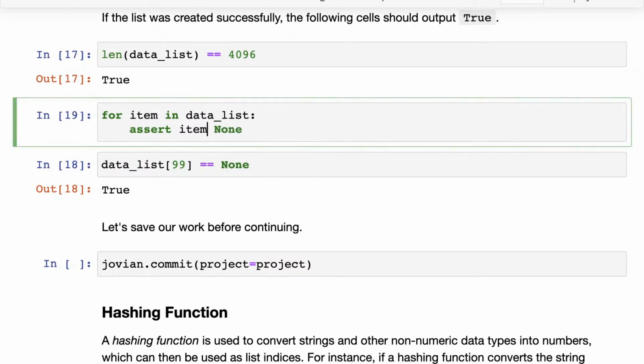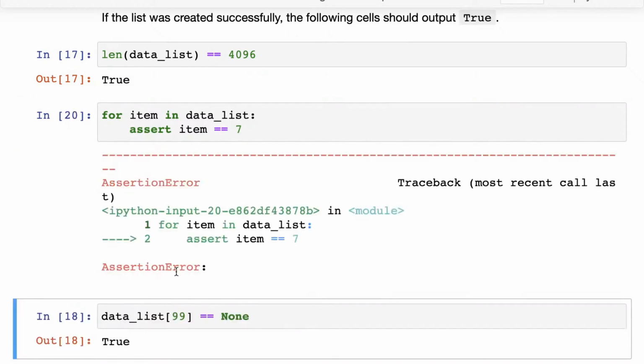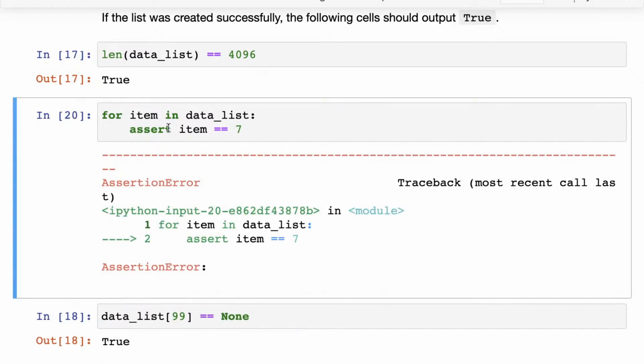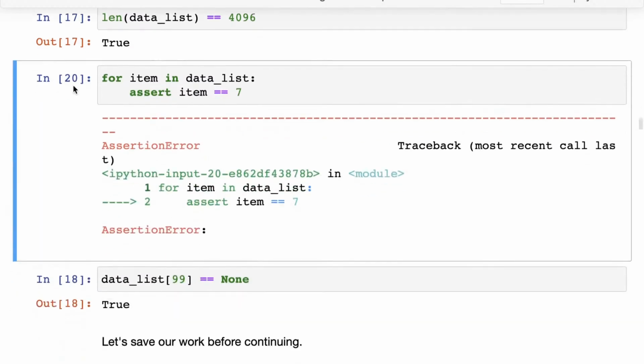But if this comparison was wrong, so let's say we wanted the item to be equal to 7, and data list does not contain the item 7 at a certain position, then you will get an assertion error here. This is how you can create your own test cases by putting in assert.